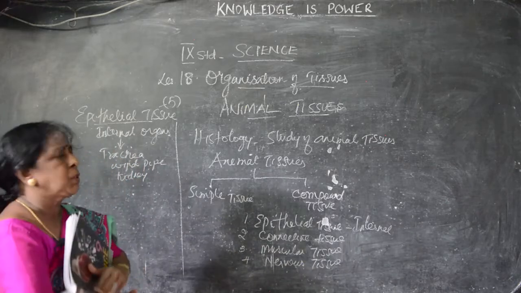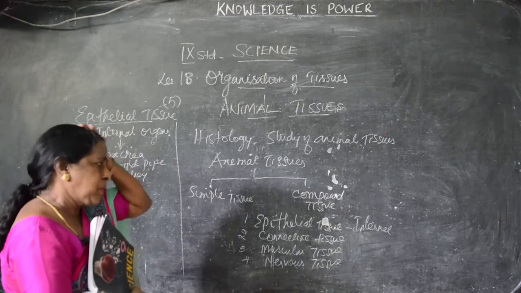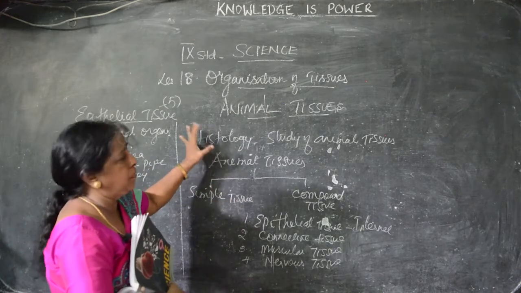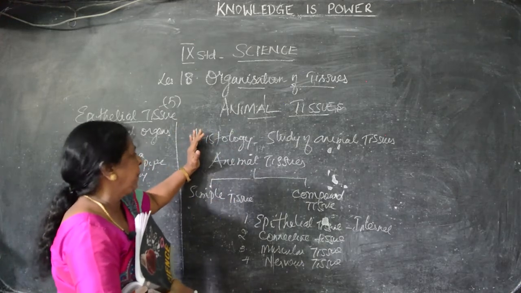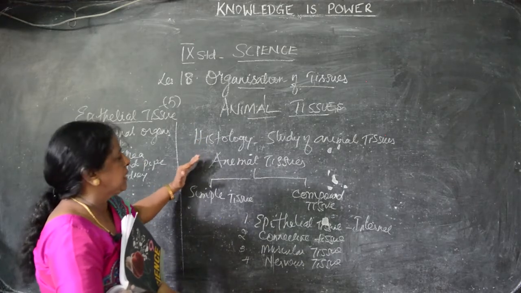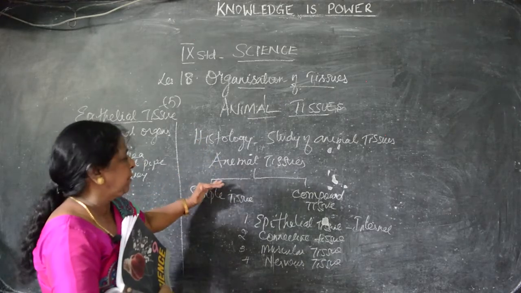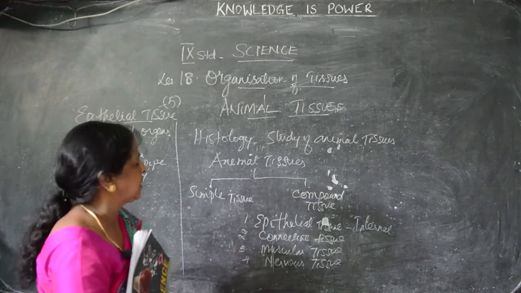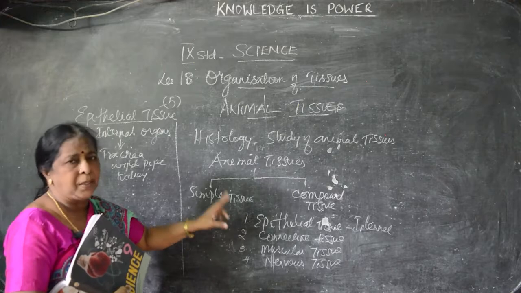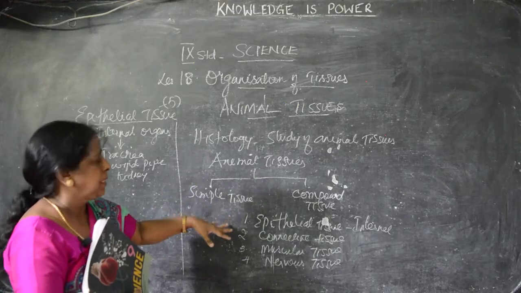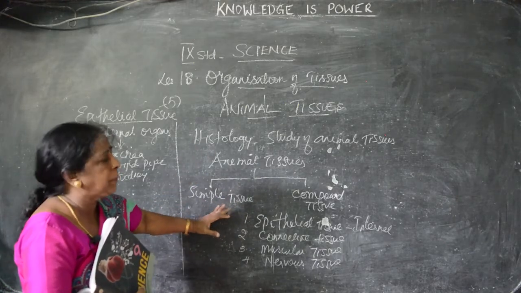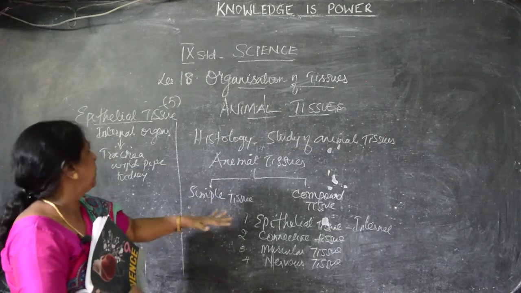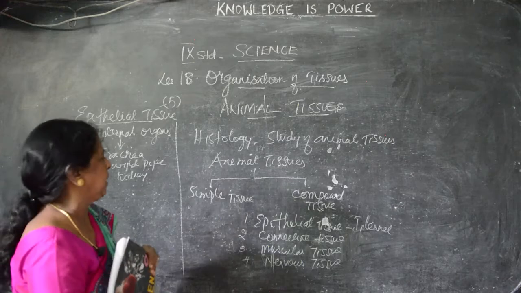Though there are many tissues present in human beings and animals, we have seen epithelial tissue alone. As I said, the study of animal tissue is known as histology. Animal tissue can be divided into simple tissue and compound tissue. Further we can divide them into epithelial tissue, connective tissue, muscular tissue and nervous tissue. Epithelial alone has such a big division. Most of our body is covered by epithelial tissue only. It has 2 subdivisions, simple and compound. In simple tissue, what are the 5 divisions?